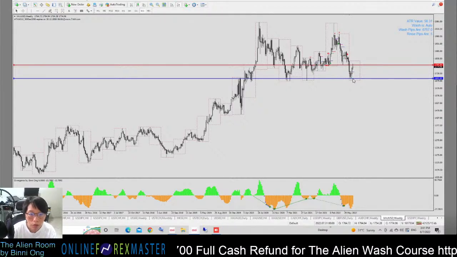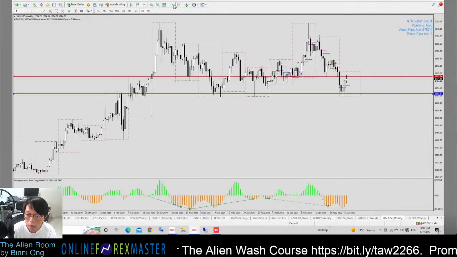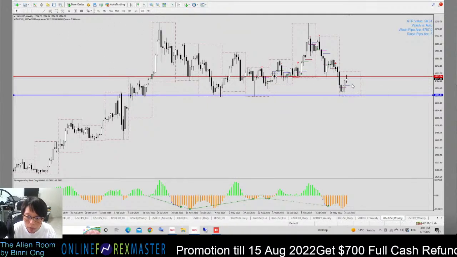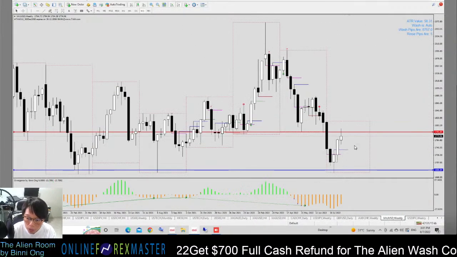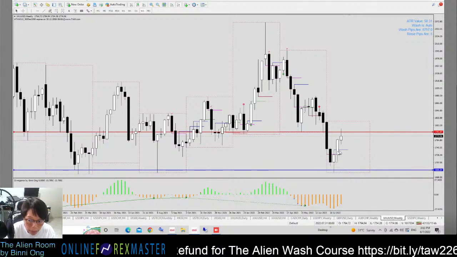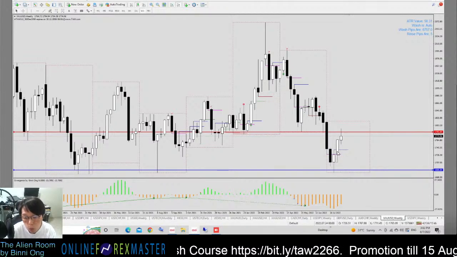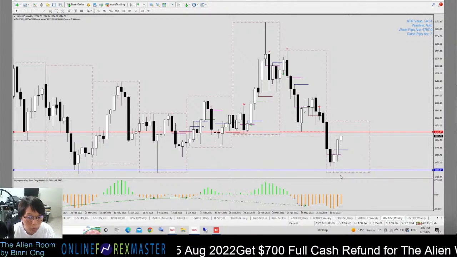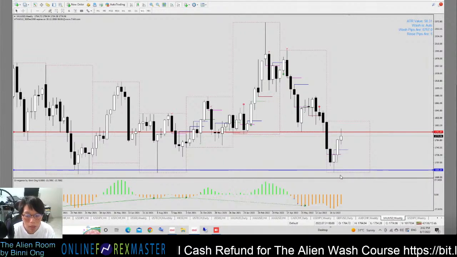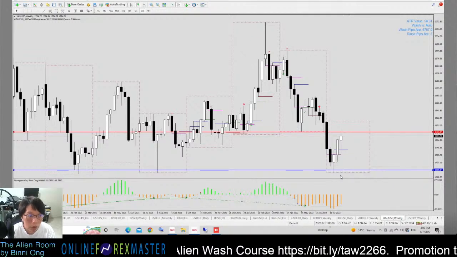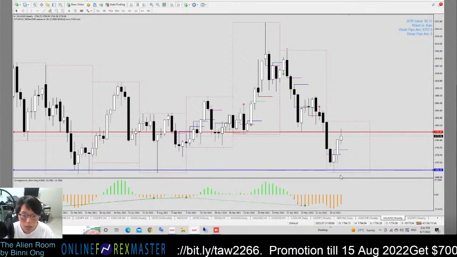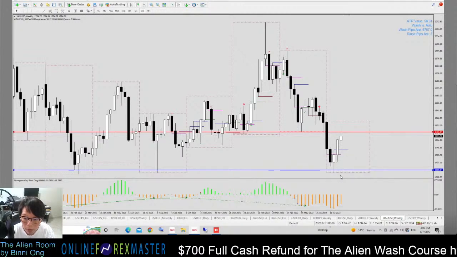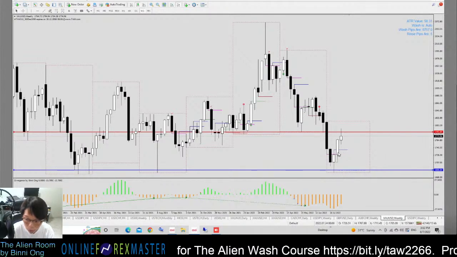Now, however, if we start to see gold, instead of breaking that blue color support here, just hover around this place, especially in the region of 1,700 plus minus, 1,720 plus minus this region here, then that's where we have a hint that gold is recovering. The market is not believing that rate hike. The market is already preparing for the US to pause, or slow, or even cut interest rate. So the level to look out for in gold is about